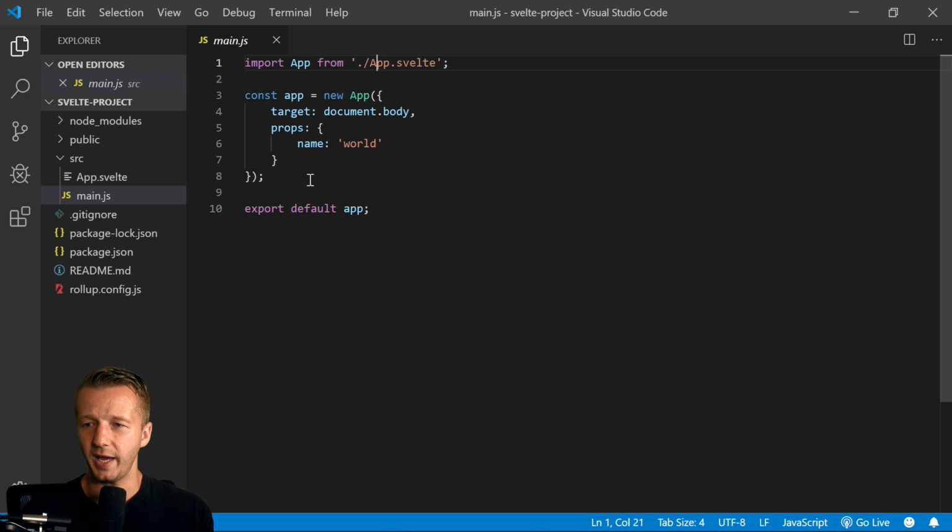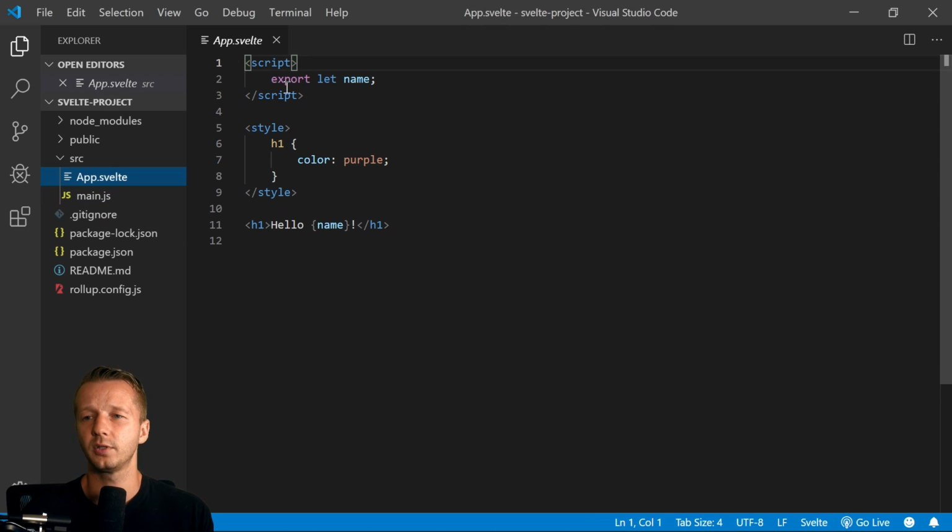And basically, we have this object that gets started here, and we're just using target. And this is basically where the app is appended to in the HTML document body. And then props, this is something that just this demo, this template added for us, a prop of name with the value of world. So now in our app.svelte, which is basically our primary component that we get started with,